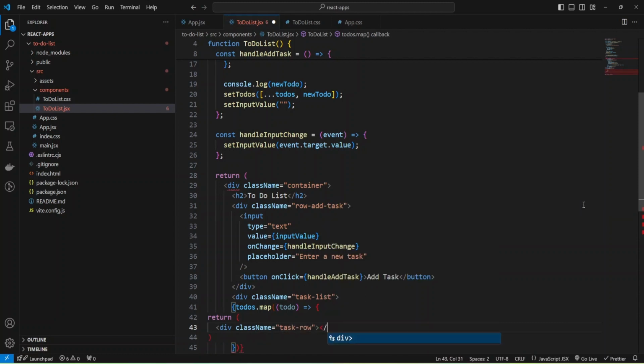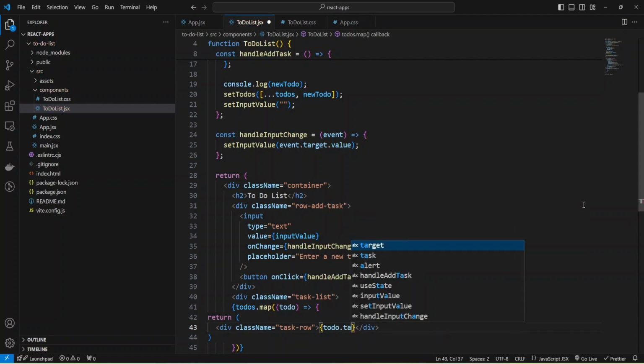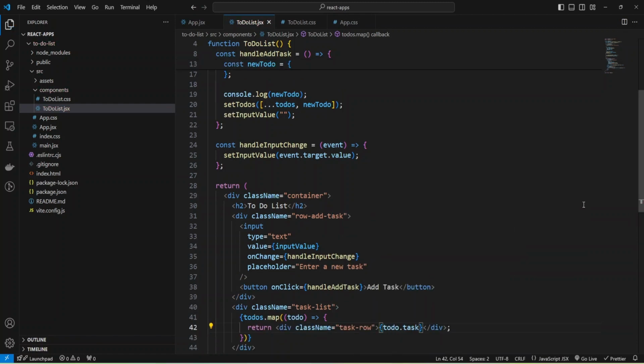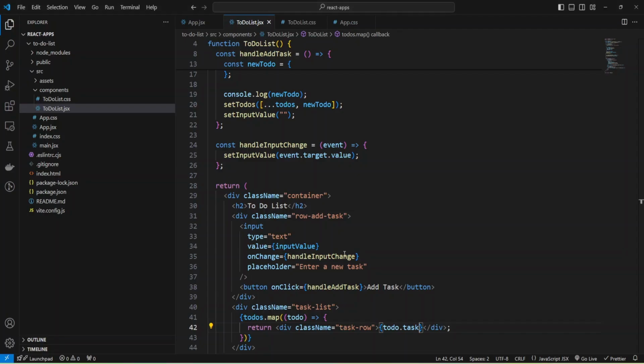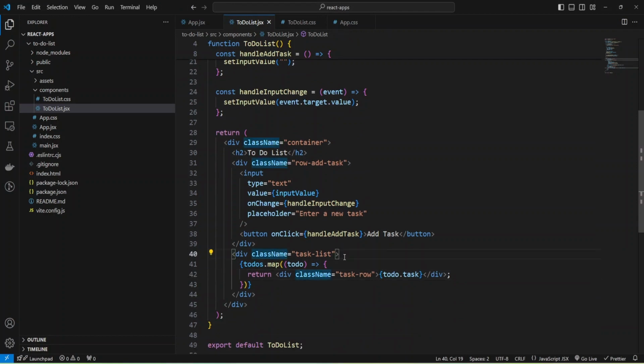Close the div, and we can provide our to-do in curly braces, to-do task. I'm going to save and check what we have. Okay, we have our task, but we have this warning that each child in a list should have a unique key, and as unique key we can use our ID.